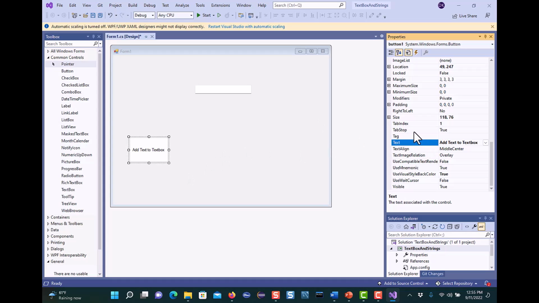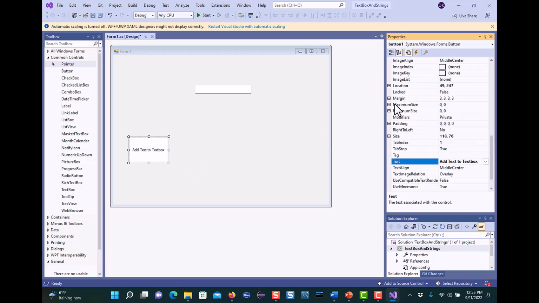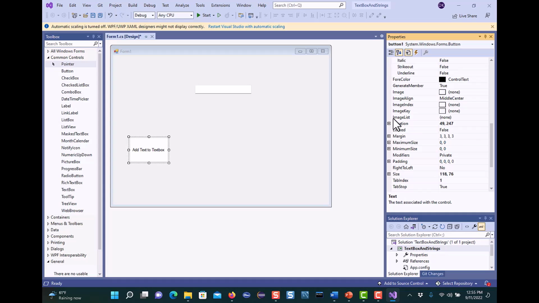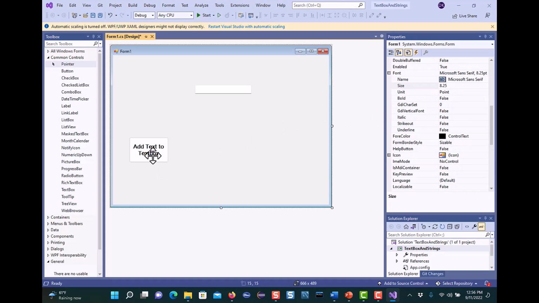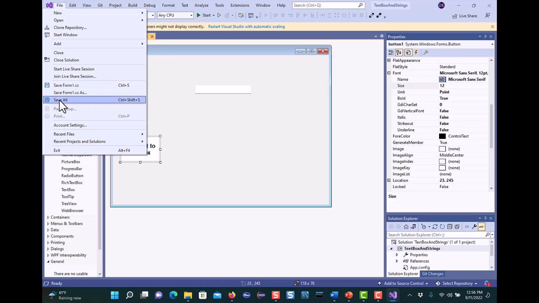Now let's increase the size of this font too, so it's all looking about the same as we like to see. Make it bold and make this a 12, and that looks pretty good. We might want to resize this thing later, but that's going to be the button that we're actually going to have on here. If I go ahead and save this program right now and run it,